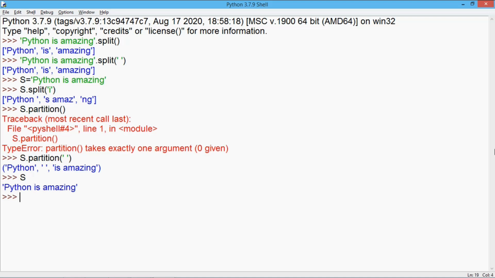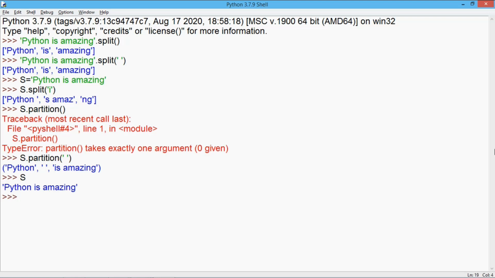Now there are a few differences between the split and partition functions, as you have seen here. The split function can work without a separator. By default it is considering space, whereas in the case of the partition function you have to mention the space. The split function splits at every occurrence of the separator, whereas the partition function splits at the first occurrence of the separator only. In the split function, what you get is a list of different elements. Because of these square brackets, it is a list. Whereas in the case of the partition function, what we get is the data contained in the tuple data type.